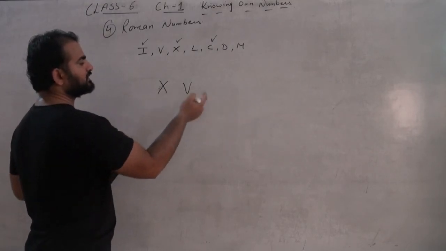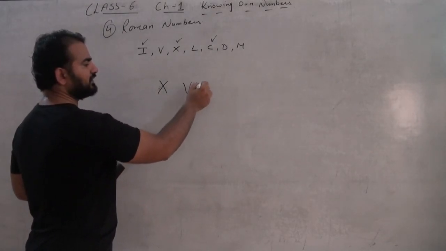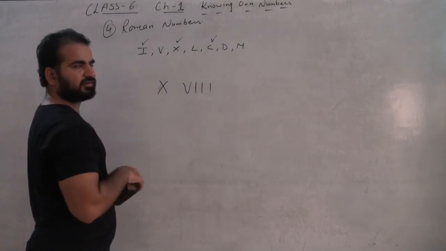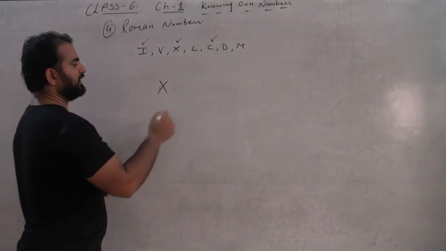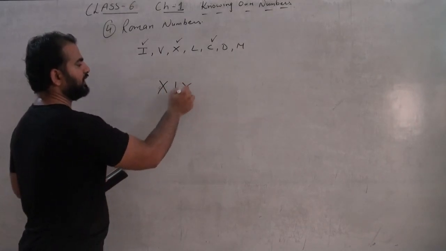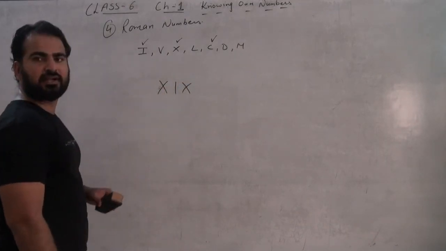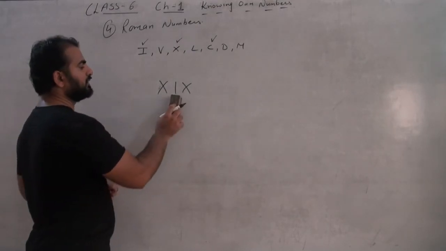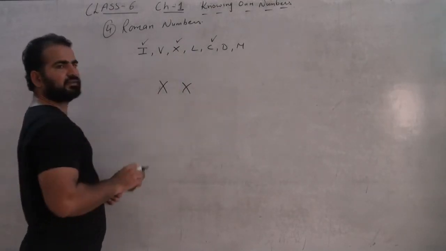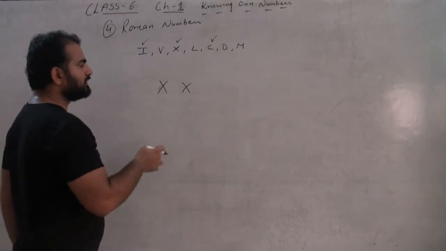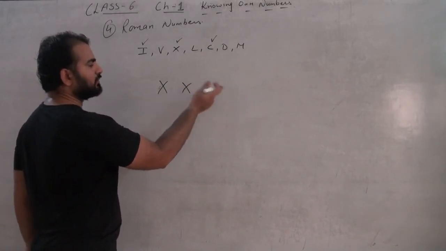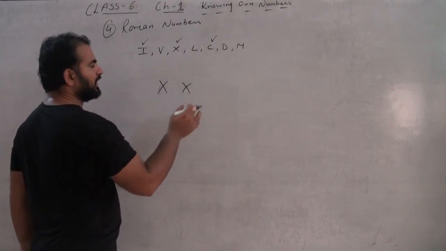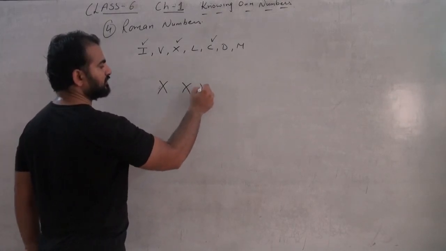Next, how can we write 16? It will be like this, then 17, then 18. Okay. How to write 19? It will be X, I and X. It is 19. Then how to write 20? It is 20. Okay. Next, how to write 21? You place a 1 there. How to write 22? Place 2 there. How to write 30? This is 30.